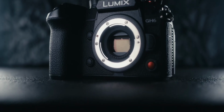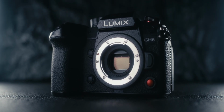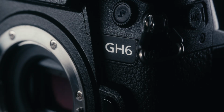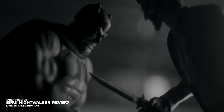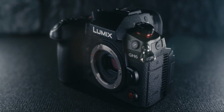Today we're talking about the Lumix GH6 and if it's a camera that you should be considering in 2023. Over the last couple weeks, I've been using and testing the Lumix GH6 to potentially see if this may be a good B camera to the S5 IIX, or potentially even a good A camera for budget-minded filmmakers that need a good solid camera. And so with my personal experience with this camera, I have 6 reasons why I think